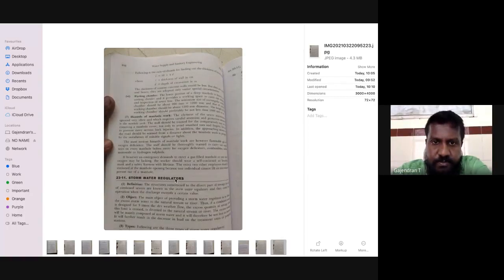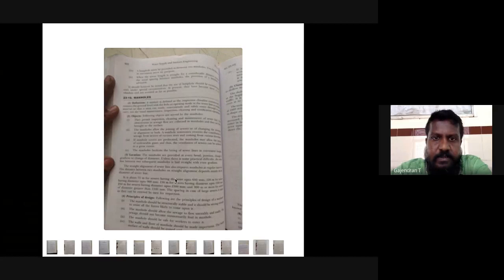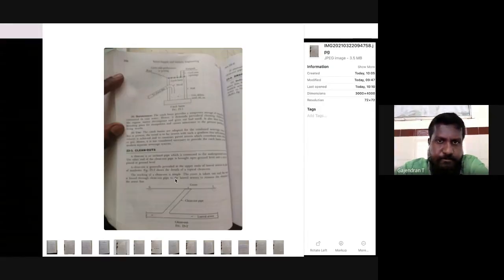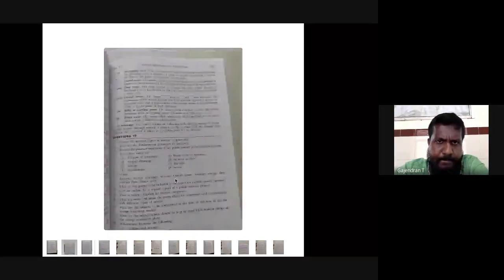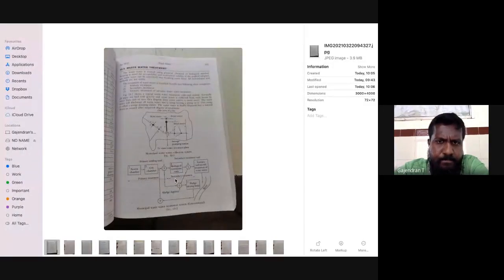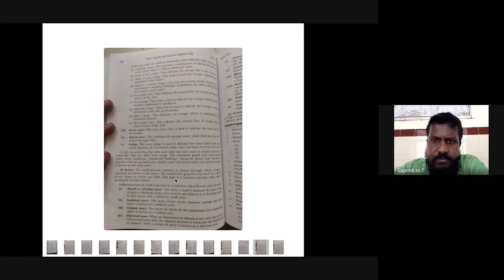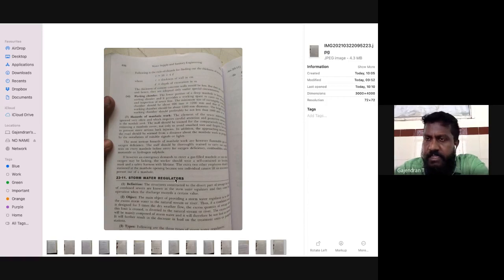If you can show one, just a moment, get the image. Okay, I think I somehow missed out the image, but I've forwarded it in the group. You can please take it. So in this, if you can open the image from WhatsApp also, that would be useful, so I can tell you.